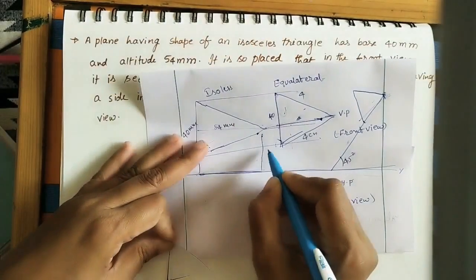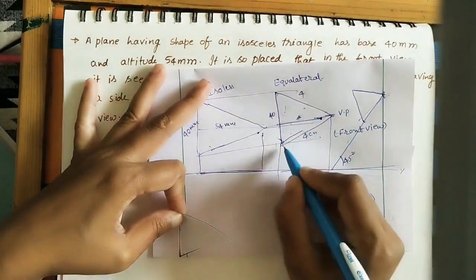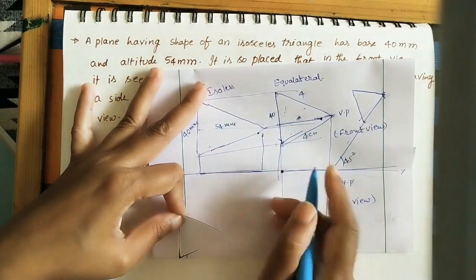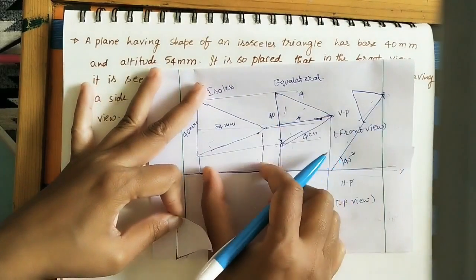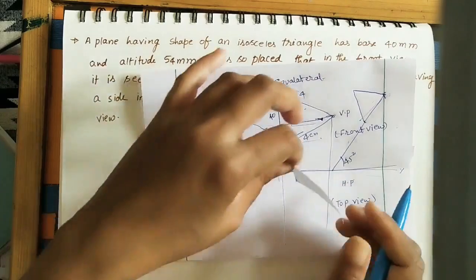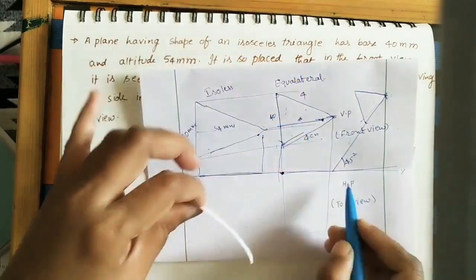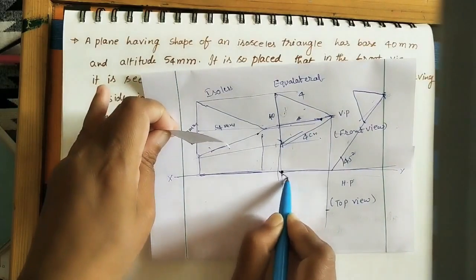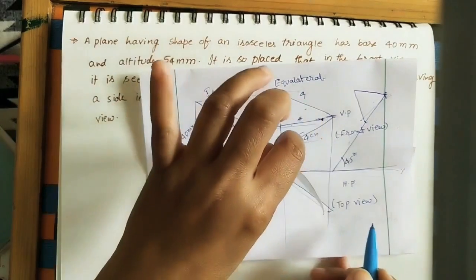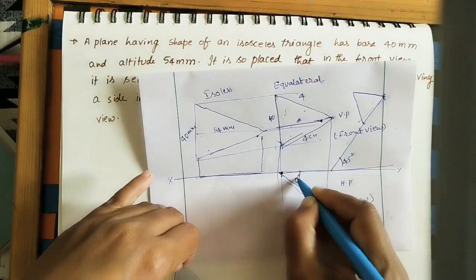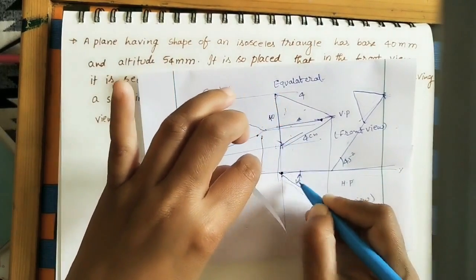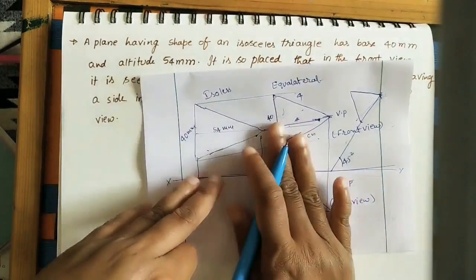Here I will draw projector lines like this of some length. Take the initial position. Both points are coming on the same line. How much length is it? Actually 54. I am taking this 54 here because we can see the entire length here. I will mark this length 54 here. So this is the top view. It is looking like an inclined line. This plane is looking like an inclined line. We can measure this angle. We can find how much angle this plane is making with the vertical plane by using the protractor. Okay, this is the next assumption.